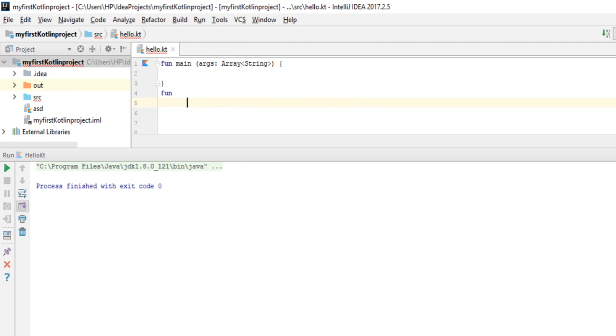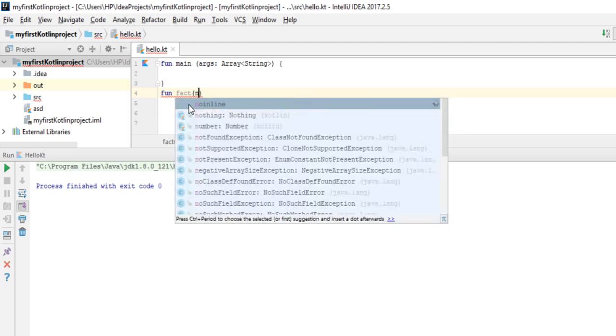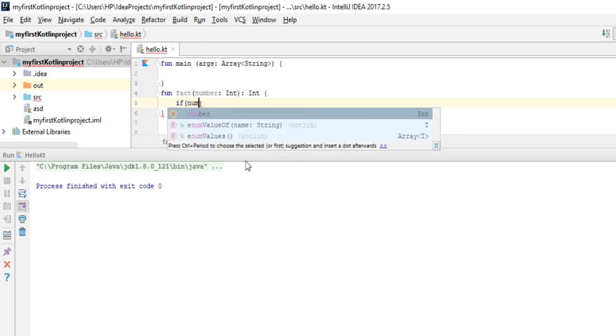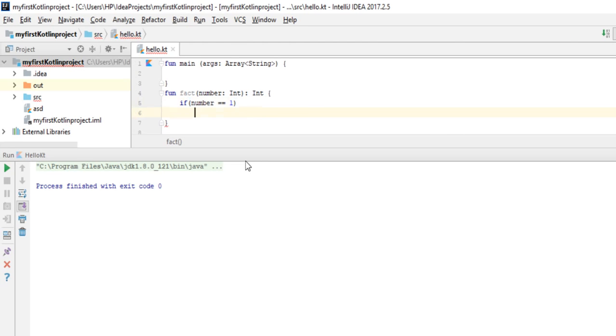So now let's create a function which will calculate the factorial of a number. The name of the function is, for example, fact, and then inside the parentheses we will have our argument, for example, number of integer type, and then the return type of this function will be int, and then the body of the function. So inside the body of the function I'm going to create a if statement. If this number equals 1, then return 1. So the factorial of 1 equals 1, so whenever this number equals 1, 1 will be returned because the factorial of 1 is 1. Else